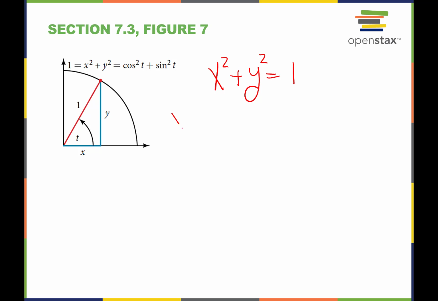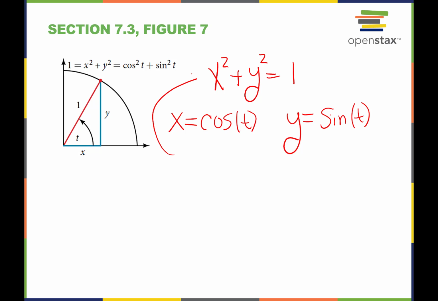Now that we know that our x coordinate on the unit circle is equivalent to cosine of that angle that sweeps out to that point on the circle, and y is equivalent to sine of the angle that sweeps out and ends up at that point on the circle, I'm going to replace x with cosine of the angle, cosine of t, and I'm going to replace y with sine t. So if I look back up here at the equation of my unit circle, I'm going to plug in cosine t where I see x, so I have